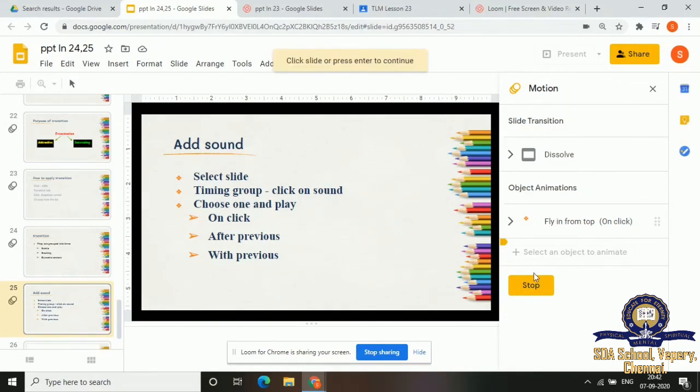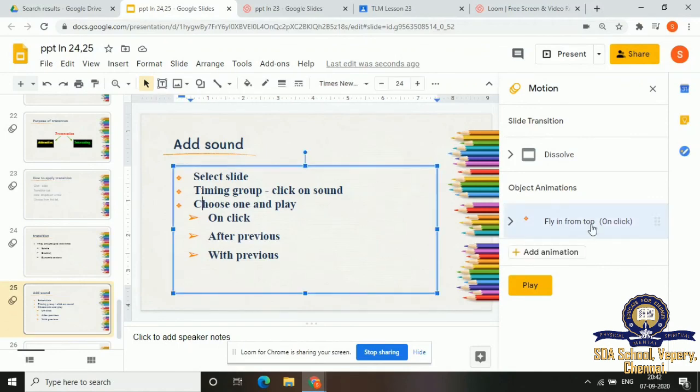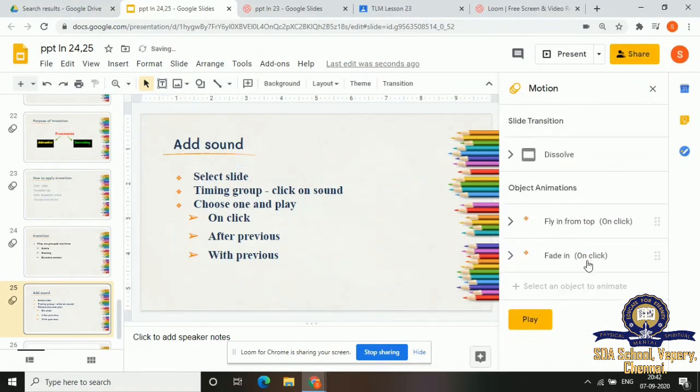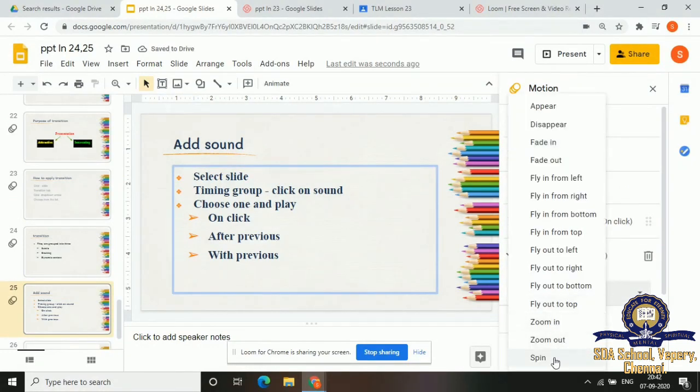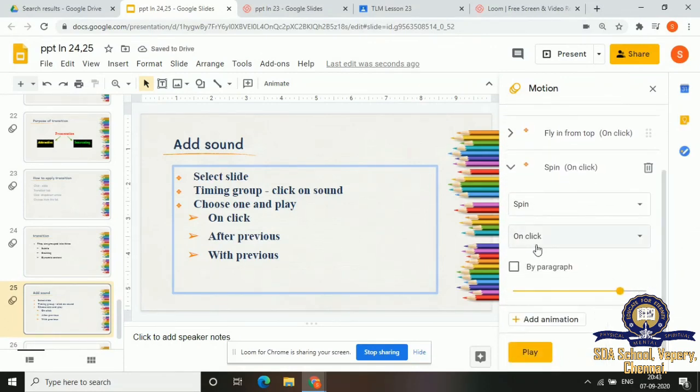Now I'll show you how to do after previous. I've selected this. I've already given flying from top. Again I'm adding animation and I'm giving spin. This I'm giving after previous.